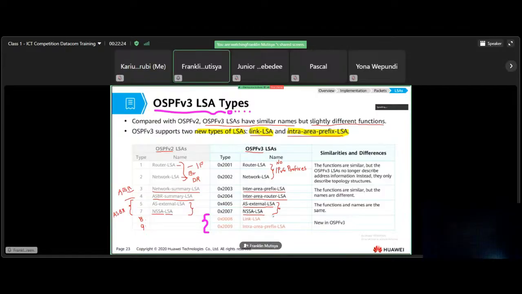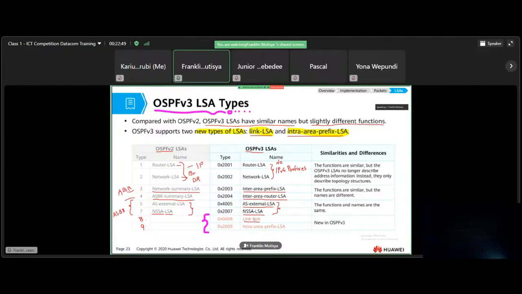Then we have type 8 and type 9. So type 8, they are known as link LSAs. In OSPF version 2, we do not have type 8 and 9. Okay. They come in the OSPF version 3. So we have type 8, which is known as link LSA, and these are used now to advertise the